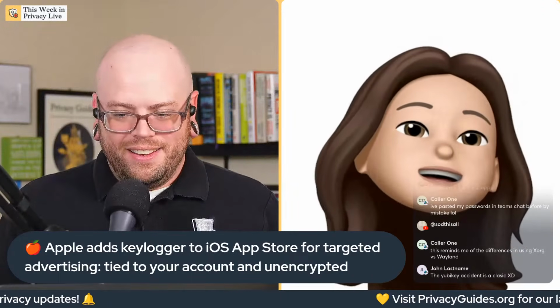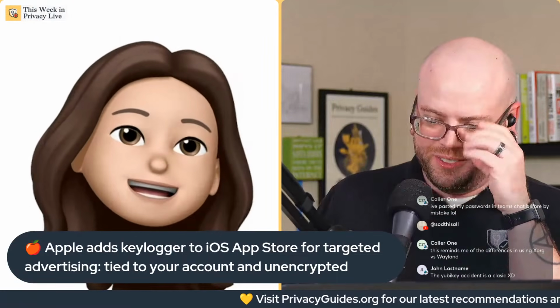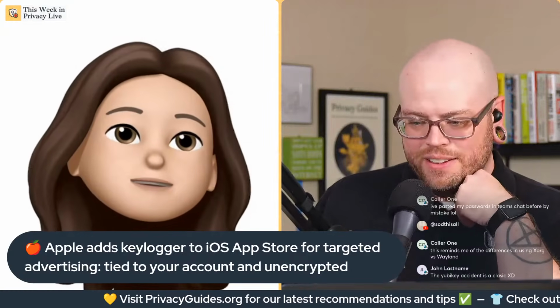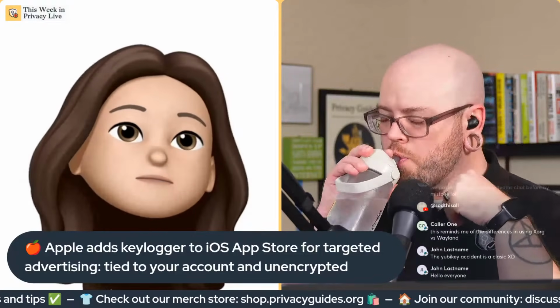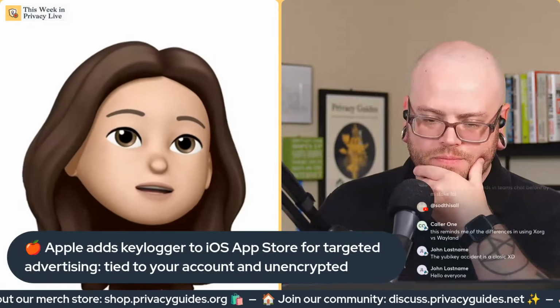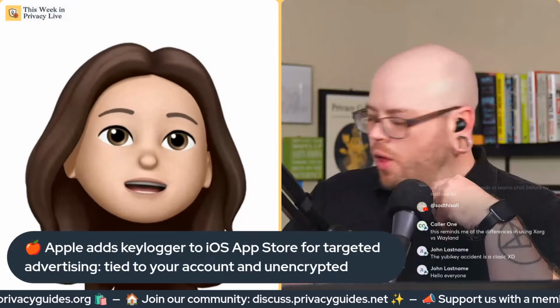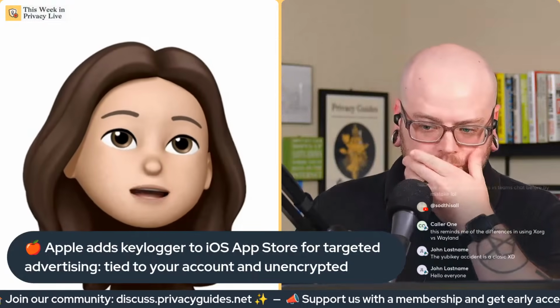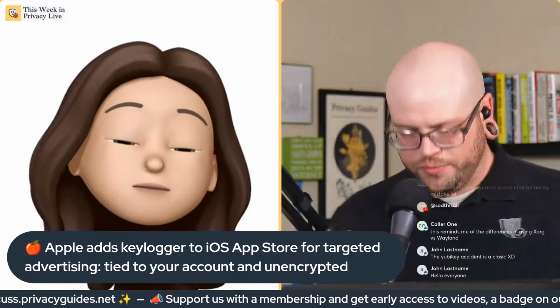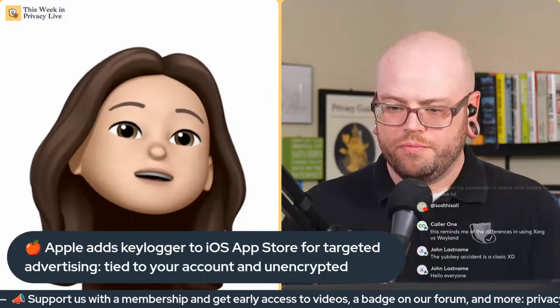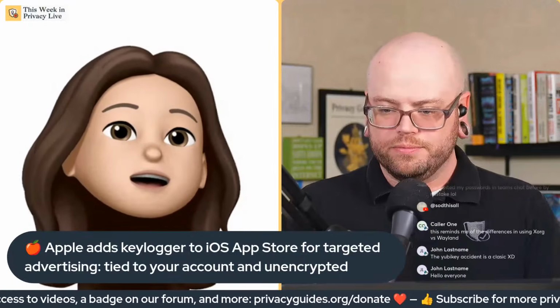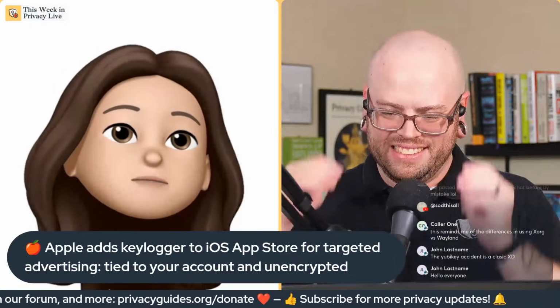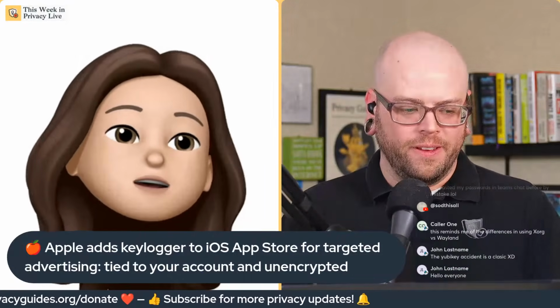I think the other problem with this is you don't have an alternative. Your options are to use Apple's. I guess if you live in the EU, you do have some alternatives, but that's a very small percentage of the population in the world. So if you happen to live in the European Economic Area, then there are options, right? But we don't recommend anything like that. We just recommend GrapheneOS for people to use instead, because you won't have this problem with the app stores and Obtainium and all these things instead. So yeah,